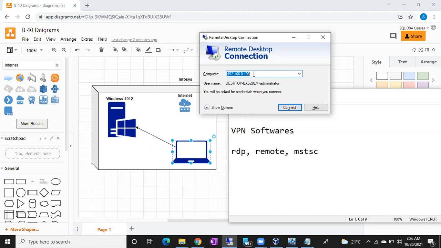Once you give these details, it will check whether you are a verified user or not. It will ask you to enter a username and password. There are special accounts to access the servers. Once you join the company, they are going to create elevated accounts for you. Elevated means a special account. You can use those account details to log into the server.